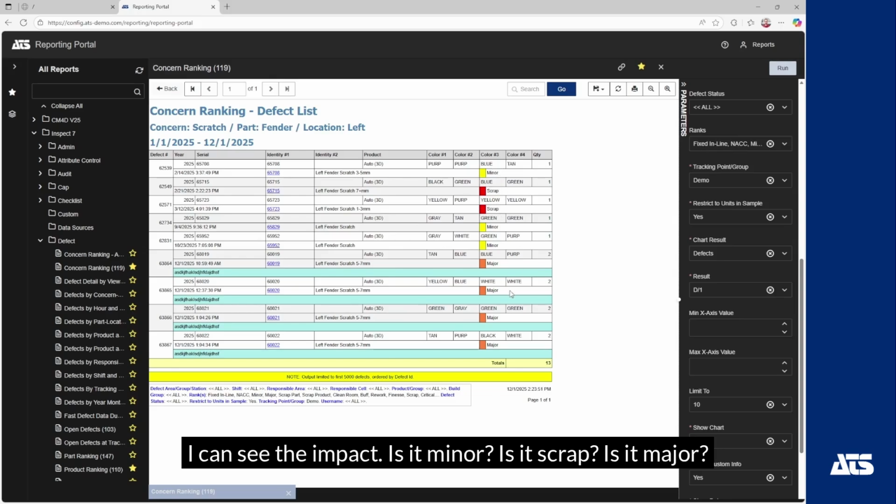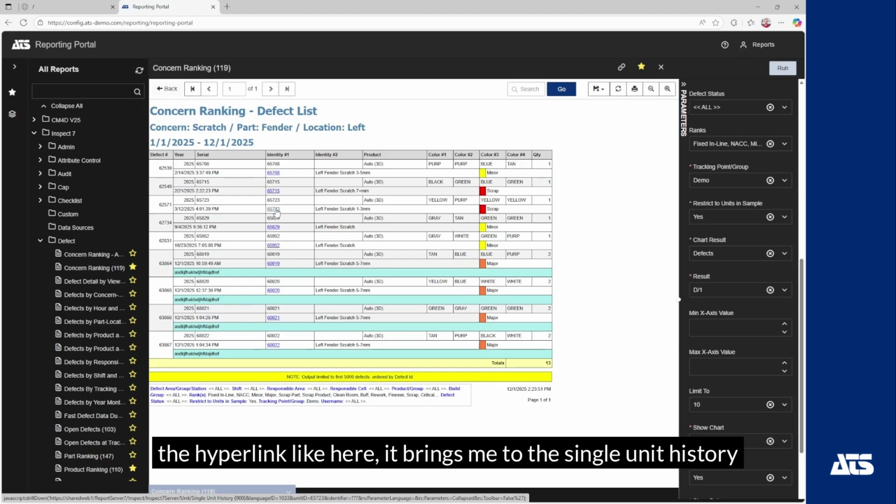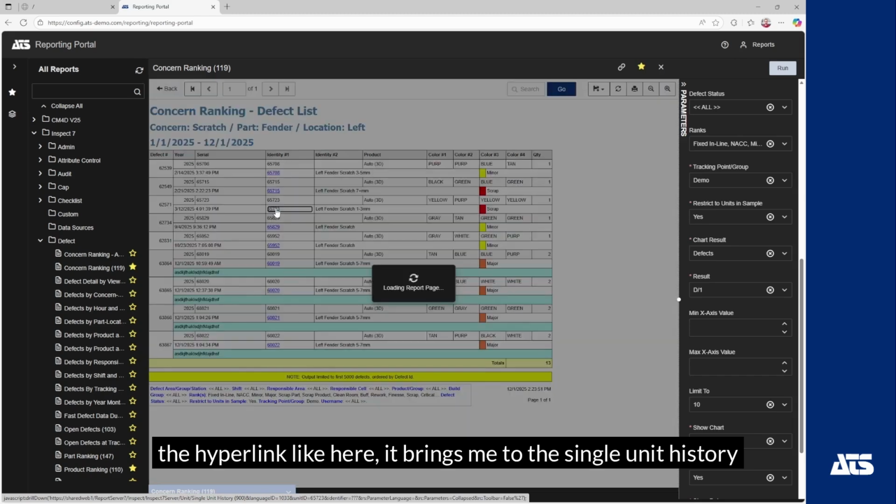Is it minor? Is it scrap? Is it major? I can see how many were found. In this case, there were 2 found a few times. Other cases, only 1 scratch. And if I click on a hyperlink, like here, it brings me to the single unit history report, where I can see the complete history of